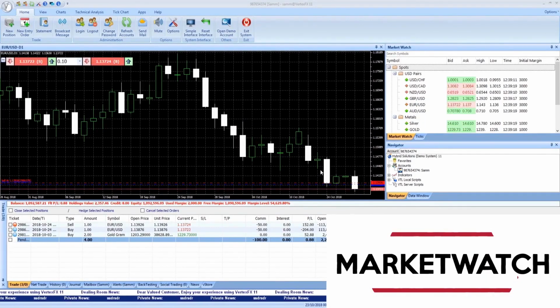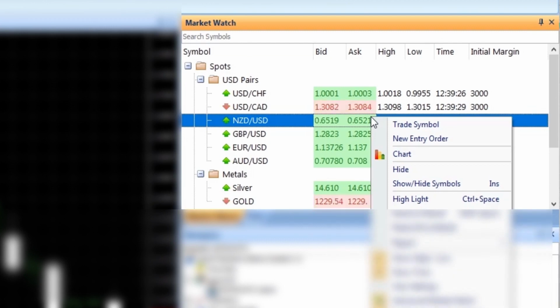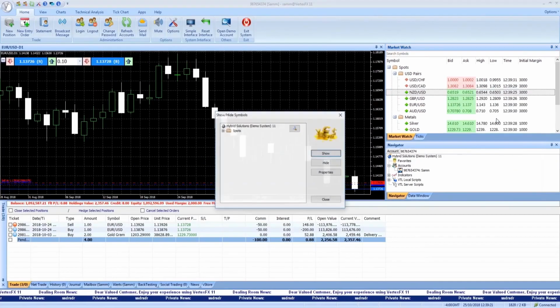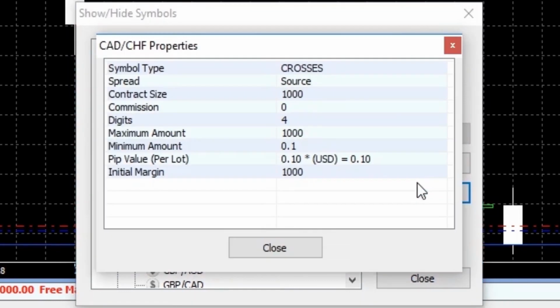Brand new advanced market watch is more organized than ever. Each type of the symbols is categorized in a group like a tree. And you can right-click on the market watch, then go to Show, Hide Symbols, and choose to show or hide symbols. By going to Properties, you can find important details about the financial instrument,